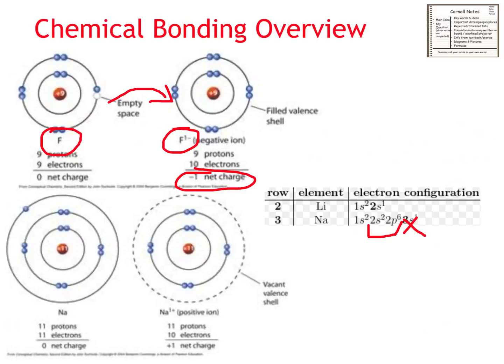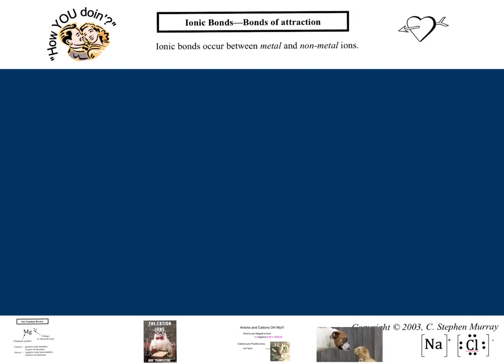For sodium, we lost an electron. We still have those 11 positives, those 11 protons, but now we only have 10 electrons, right there. So it has a +1 charge left over, so its symbol is going to be the Na with the +1 charge. And here we remember that ionic bonds